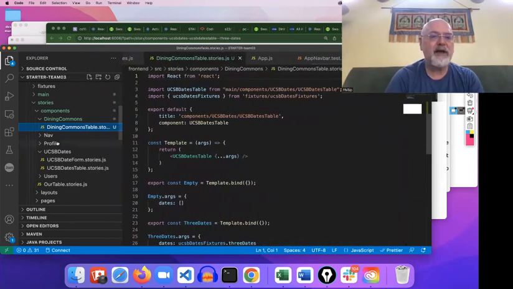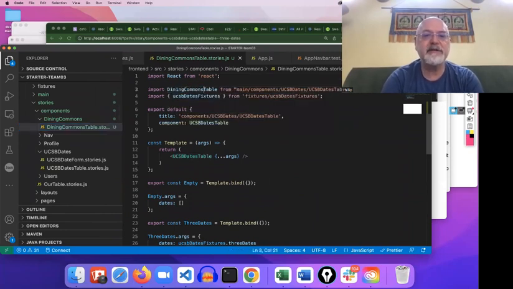So we copied and pasted, and I'm going to edit Dining Commons table. Instead of UCSB dates table, this is going to be Dining Commons table. And it's going to be main components, Dining Commons / Dining Commons table. Good. Now I've got UCSB dates fixtures. I'm going to change this to Dining Commons fixtures, and I'm going to change this to fixtures Dining Commons fixtures,